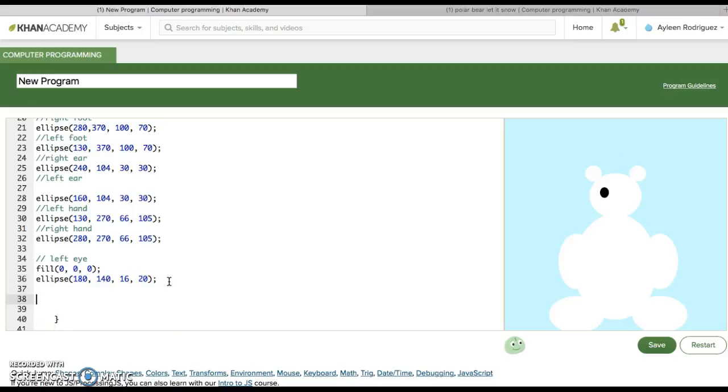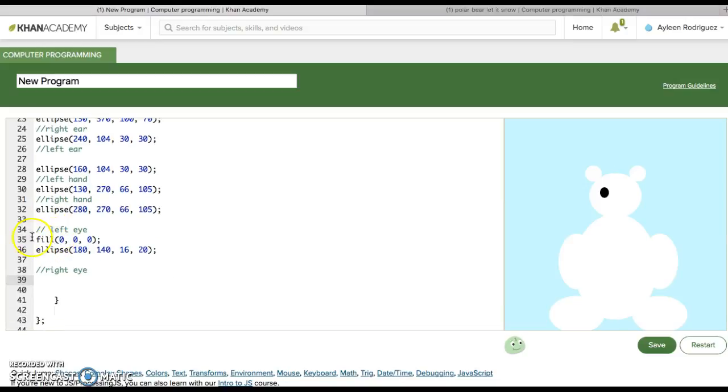Okay, now we're going to do our right eye. Okay, and as I already said, fill will determine the rest of the shapes. So we don't need to type in fill right here. We already know it's going to be black. So we're going to